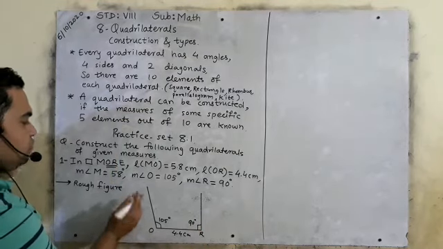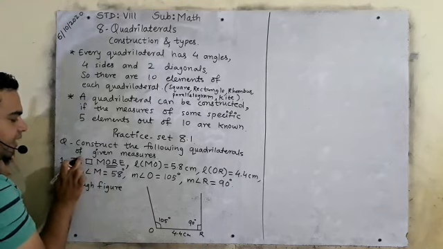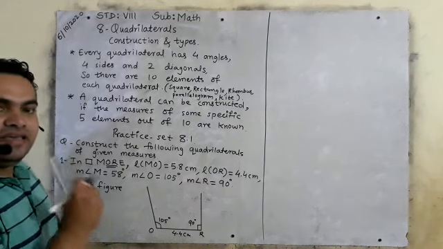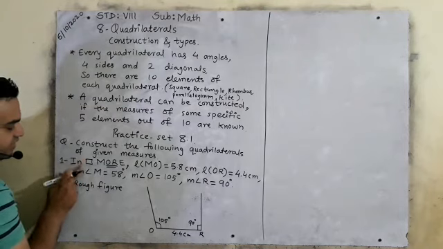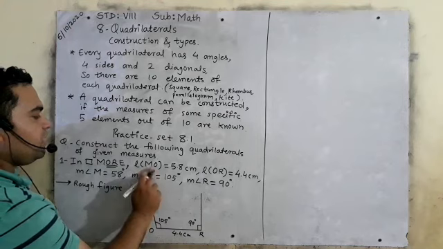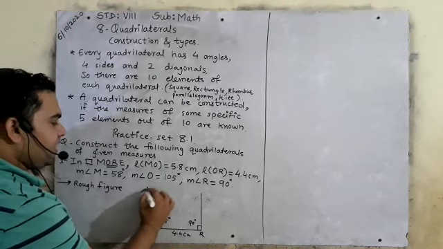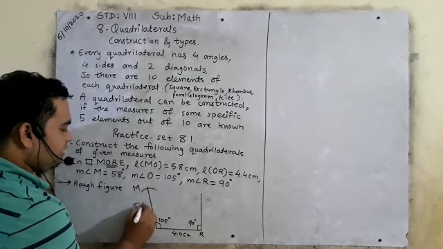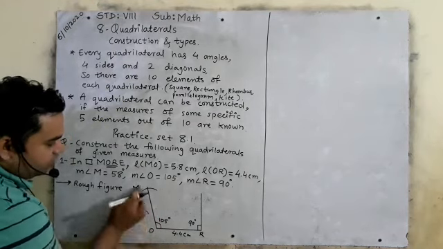Now OM, so I will write M here. M will come here, because I have said start writing MORE. Keep the name of the quadrilateral firm, okay? I will write first letter here, second here, third here and fourth here, okay? So here M will come. So OM is how much, or MO? 5.8. So I will take 5.8 in compass. I will take R over here. I will give the name O. It is 5.8 centimeter. This is a rough figure, okay? Now I got OM 5.8.